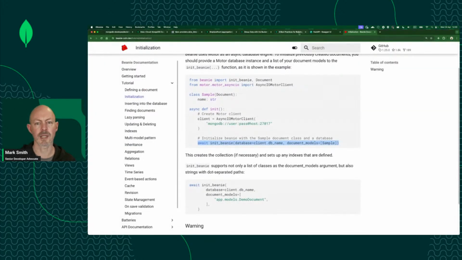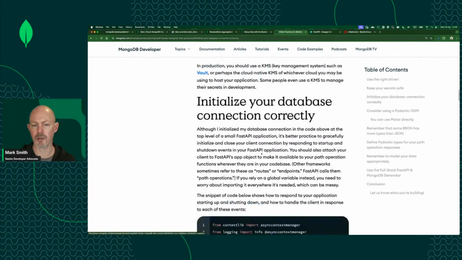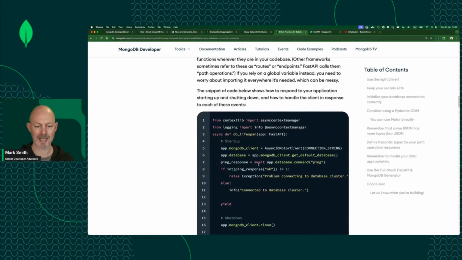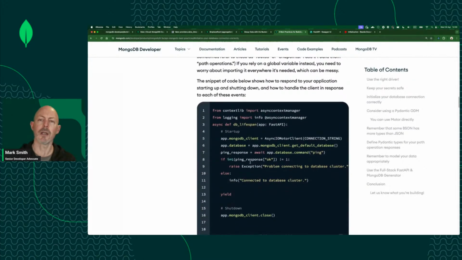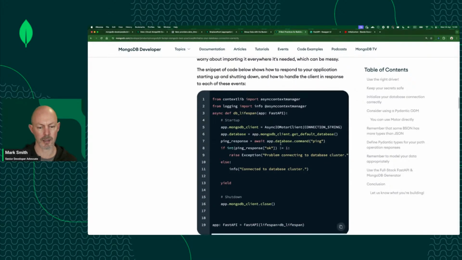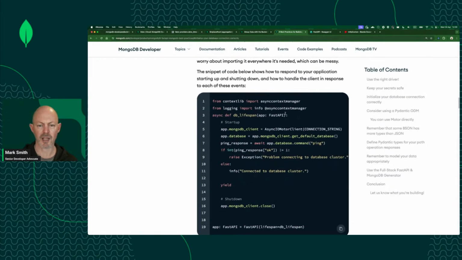Eight best practices. Number 2, initialize your database connection correctly. There used to be event handlers in FastAPI. You used to have an event handler for startup and an event handler for shutdown. That's not the way they work anymore. These days, you create a lifespan object, and I've just noticed an error in this code. There should be a decorator over this. It takes an app, and it actually should be